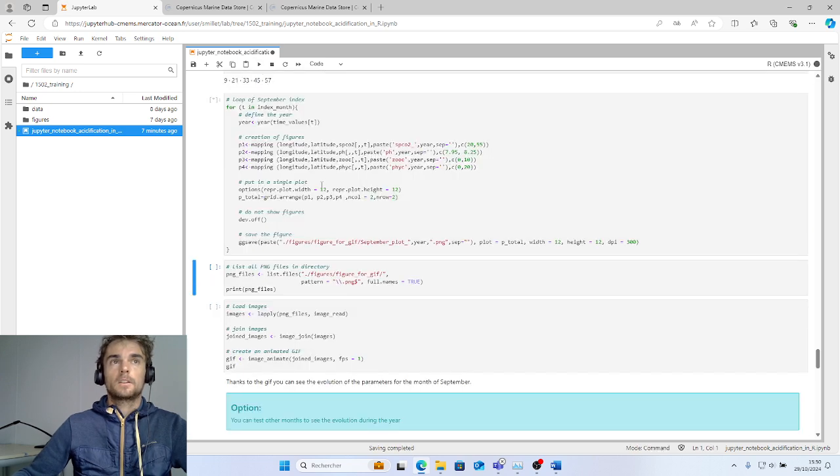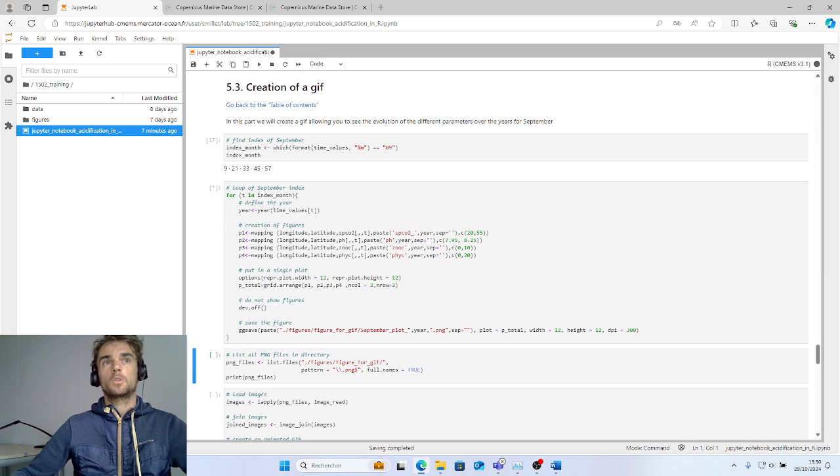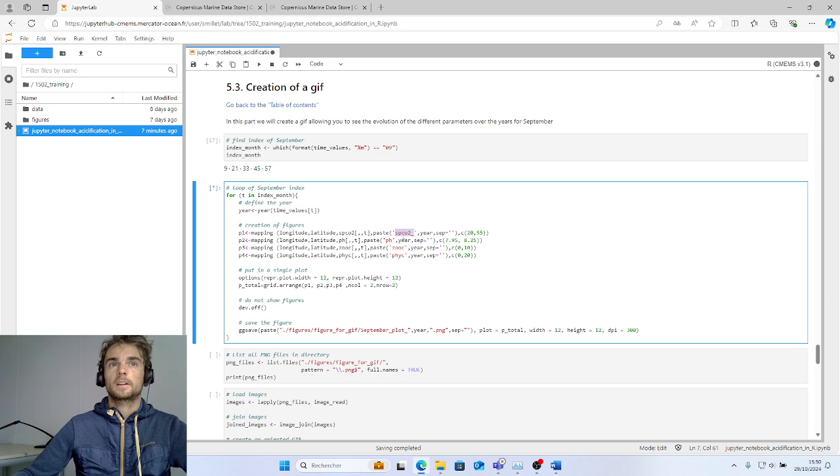And then we define a loop over the index where we create the figure. So partial pressure of CO2, the pH, zooplankton and phytoplankton.